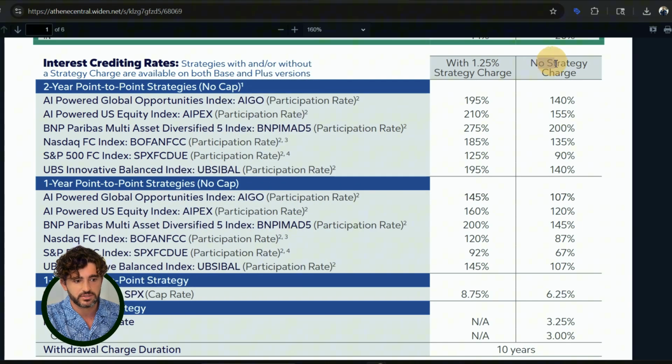Where if you just stuck with the 1-year index, when it went up, you locked in those gains. When it came back down, you didn't see any of that. And when it goes back up, you start seeing the gains again. So that's why if we look at this no strategy charge, let's just say we look at the top index, the AI Powered Global Opportunities Index, you see a 140 on the 2-year and a 107 on the